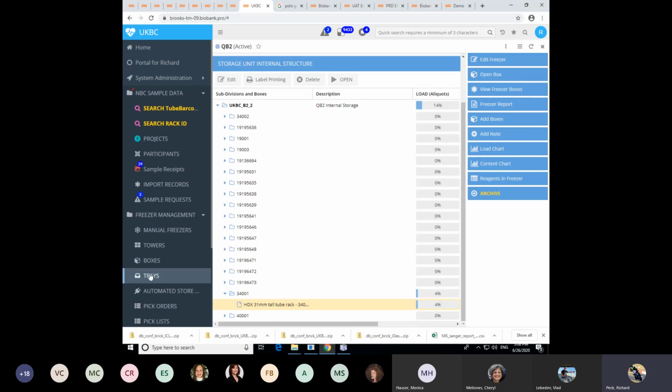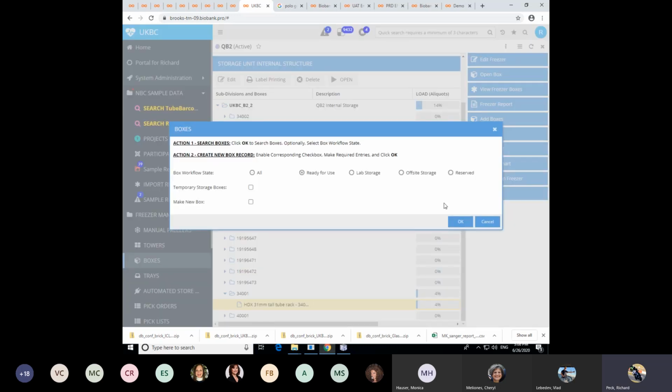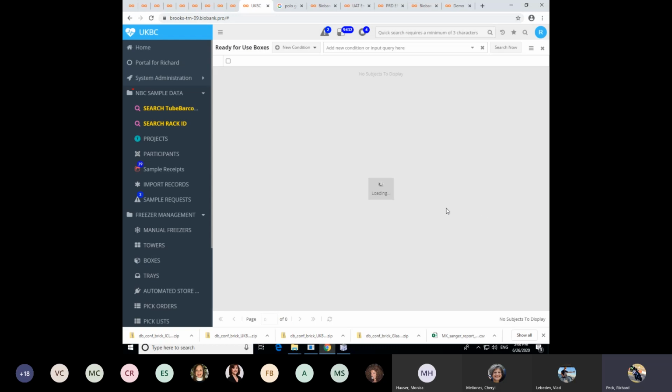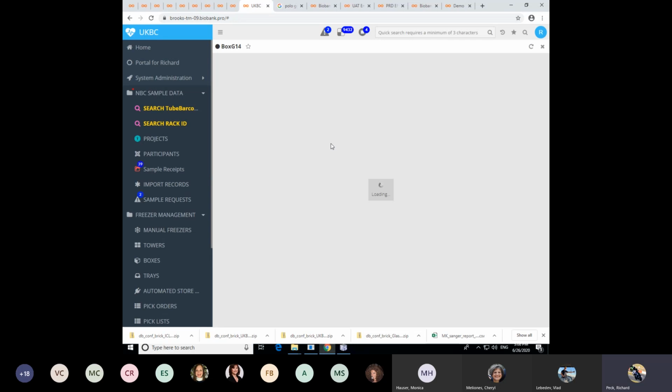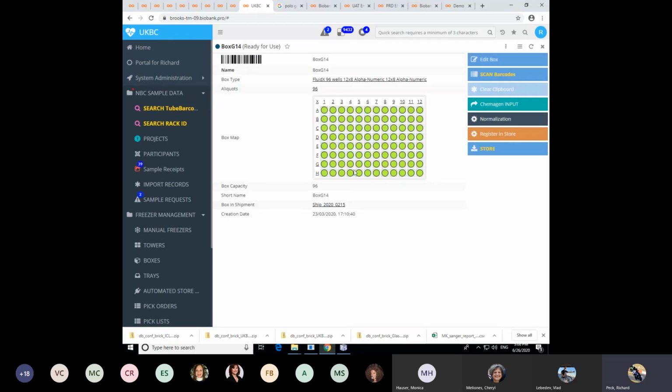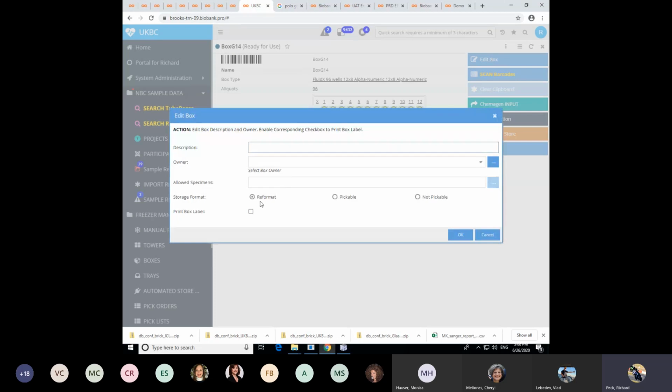But also, when we create a box in Limfinity, we needed to know if the box needed to be reformatted from its 96 well box. Go to edit box, and you'll see here we can reformat now. We can mark the box as pickable, or we can mark the box as not pickable. What this means is that when we load this box into the store, if it's set to reformat, it will take all the samples from the 96 well box and put them onto that HD tray